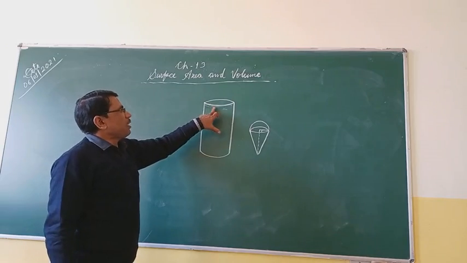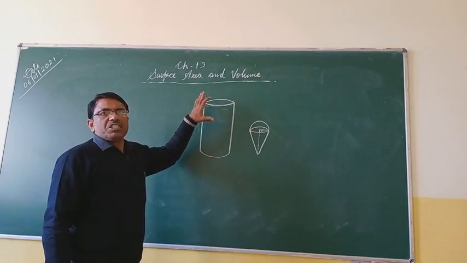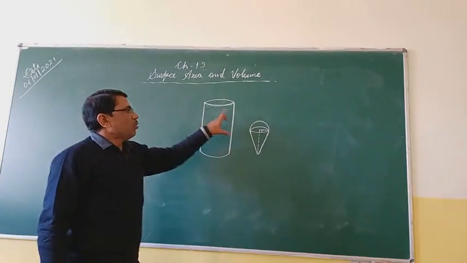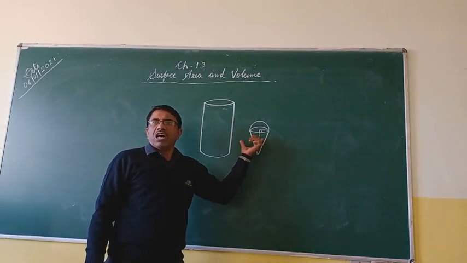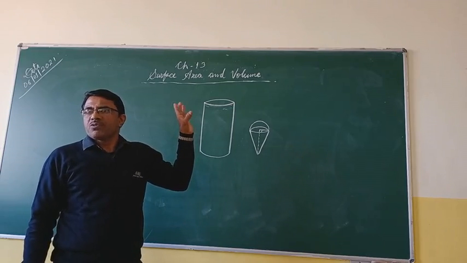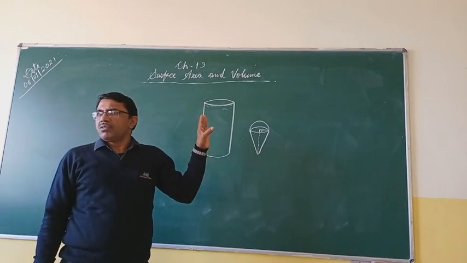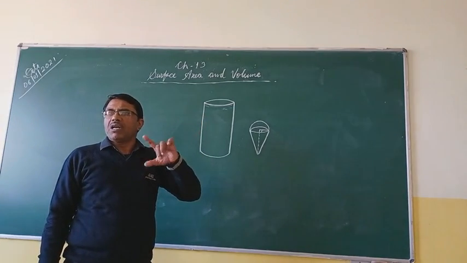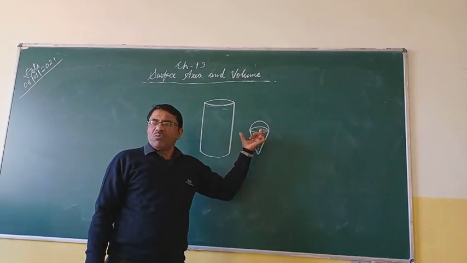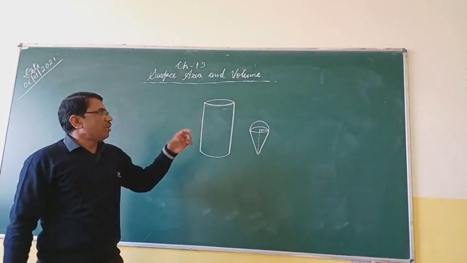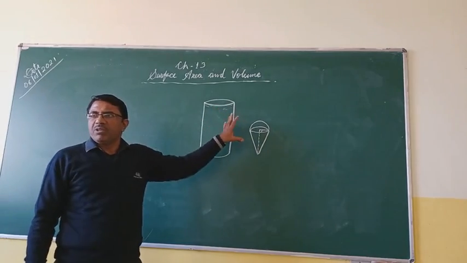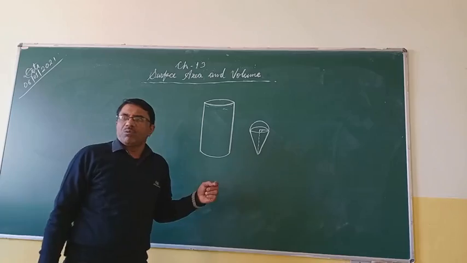But here this bucket of cylindrical shape is full of ice cream, and with this ice cream we are filling these types of cone. How many cones will be filled with this ice cream we are going to find out. So number of cones we don't know, so we shall take the number of cones be n. The volume of total number of cones is equal to the volume of this cylindrical bucket. Both will be equal. Now easily we can find the number of cones.